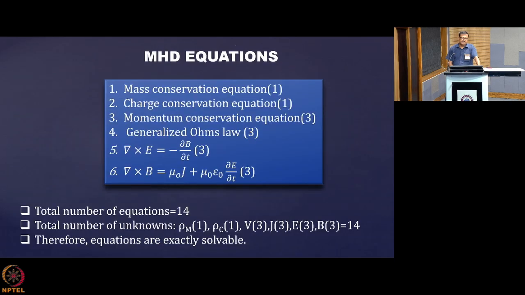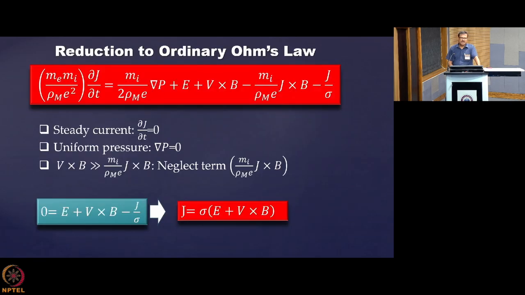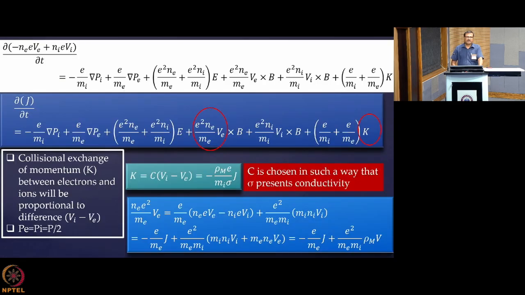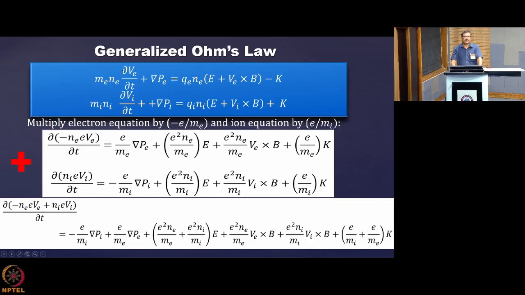So let us come back to this. This was the generalized Ohm's law, and we got this topmost equation from the addition of the momentum conservation equations for the electron and ion fluid components. So while we did that, this term resulted in the current density, but you know that here grad Pi and grad Pe both are there, with a negative sign. And you know that Pi plus Pe actually gives you the total pressure.